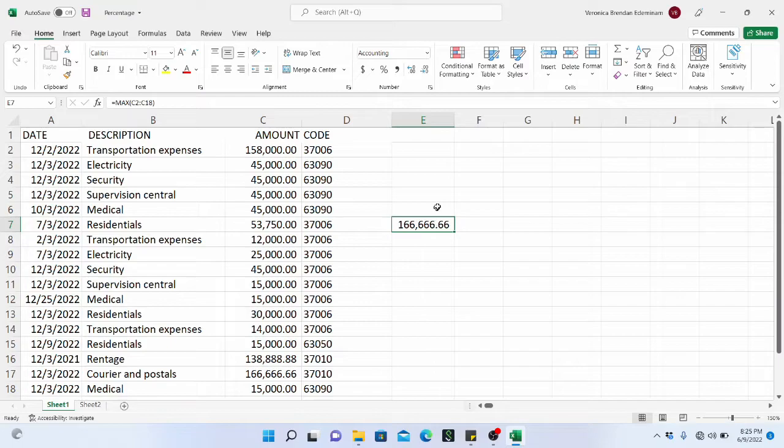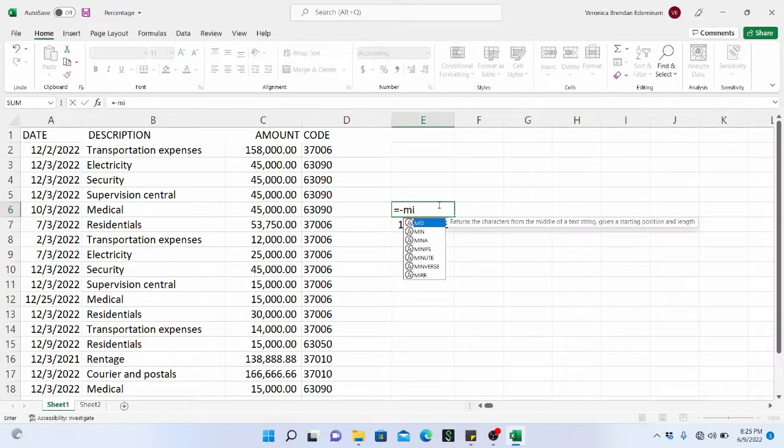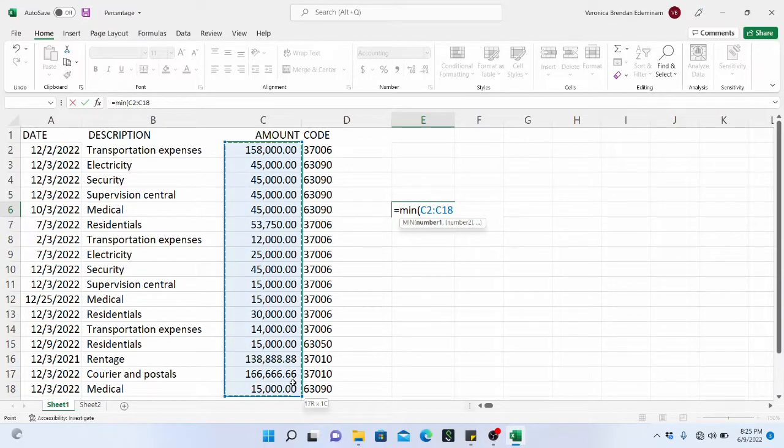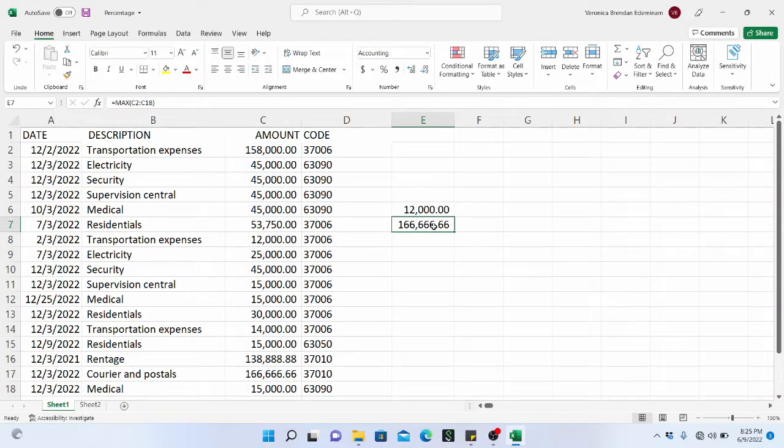So the maximum is this, and let us go back to the minimum. The minimum is 12,000, and this is the maximum. So this is the range from 12,000 up till